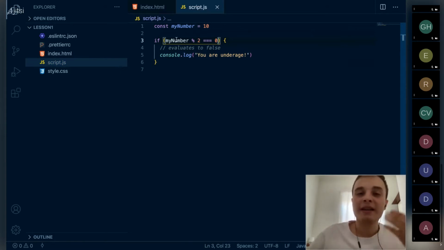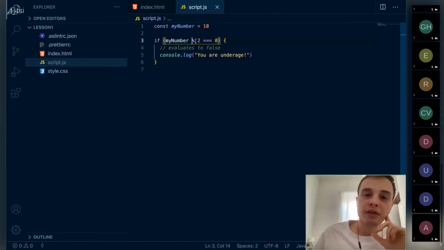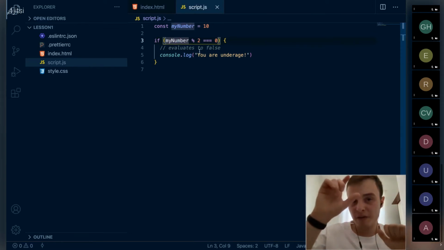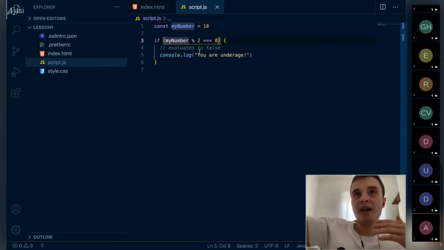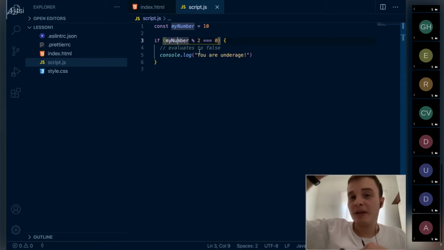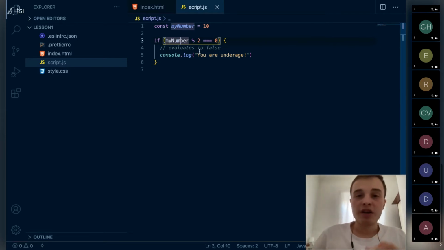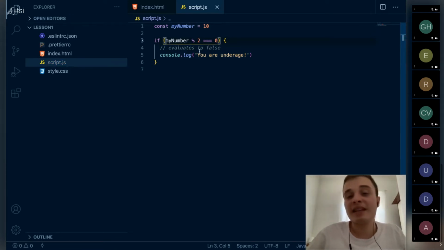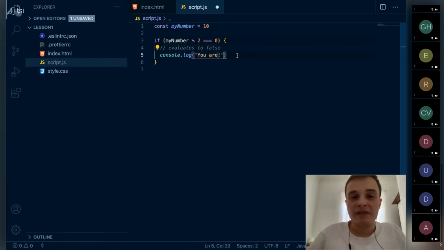Okay, let's go a little bit more complex. So what is happening here? Do you remember that last time I showed you the modulo operator? Basically, this tells you the rest of an arithmetic operation. So if you divide 10 by 2, you don't have any rest, because you can multiply 2 by 5 and you get exactly 10. So we are checking here that that value is true, so we're checking basically that the number is even. And if that is true,